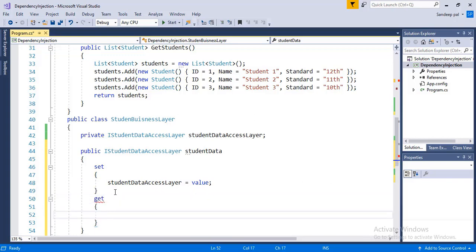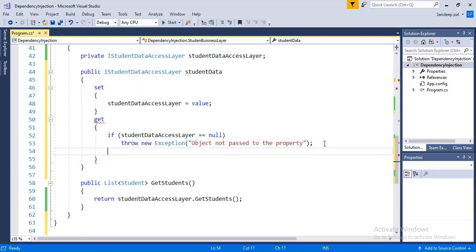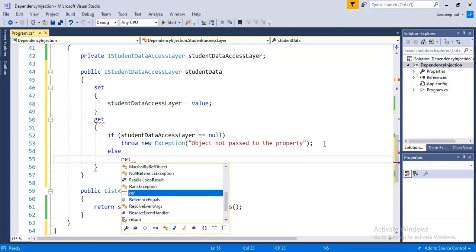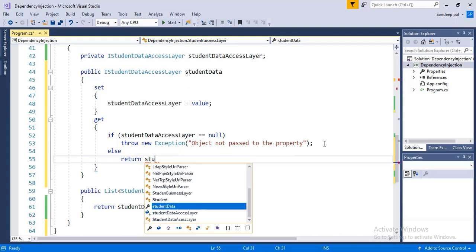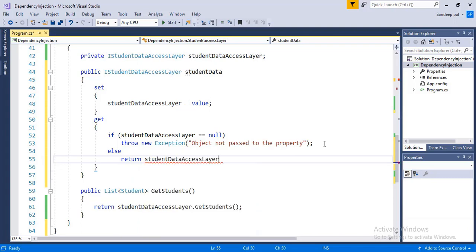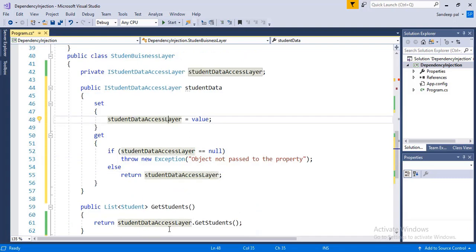In the get accessor, I am checking the student data access layer variable. If it is null, it means an object of the class is not assigned to this property. And if it is not null, then it will return the student data variable. Then we use this variable in the getStudent method to call the getStudent method.